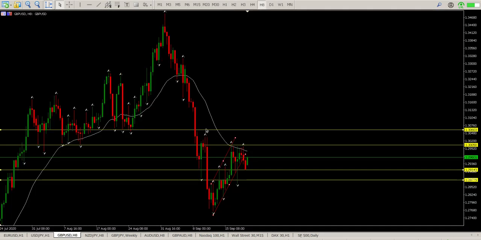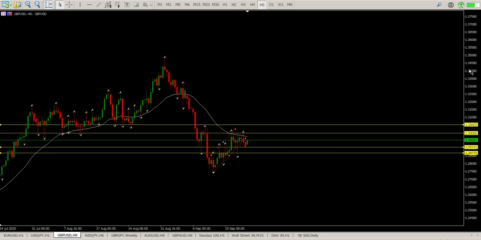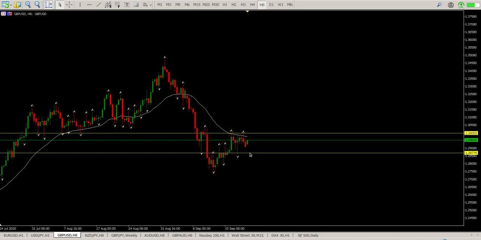Okay, British pound US dollar, kind of a mess at the moment, and I actually just want to tidy this up a little bit here. So I'm going to take out that channel and I'm going to take out that level. So what we have here, as you can see, there's a range bar in here. We are still staying below